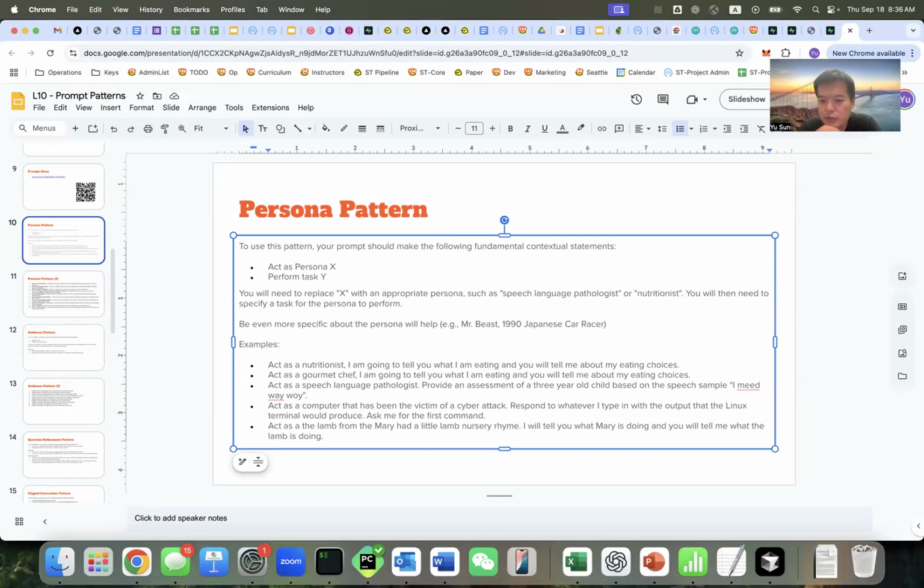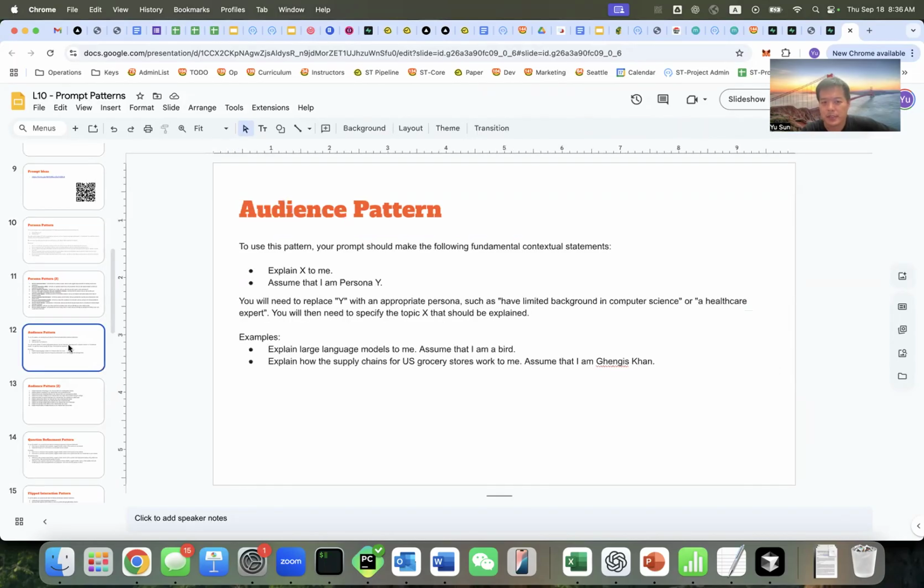If you remember, we showed you the example of having Mr. Beast tell you the YouTube or video editing techniques, and then he is going to share a lot of his video style, the technique or tips he used, right? So that's the purpose. And then we also talked about the other one, which is called the audience pattern,